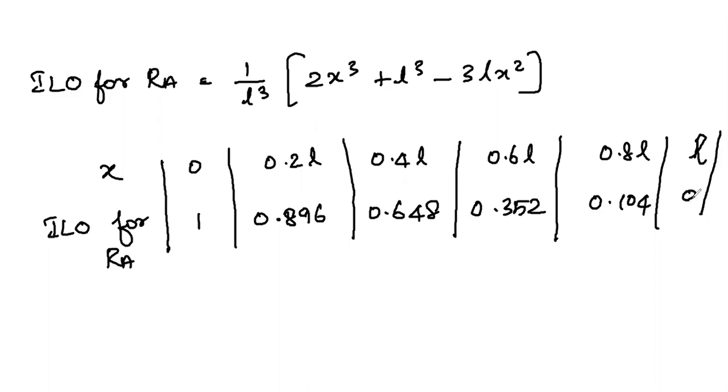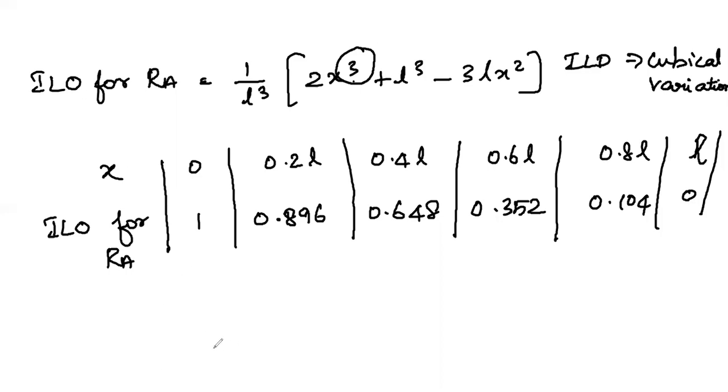Now I have successfully found the ordinates. Here you should note one more thing. The highest degree for this equation, that is the influence line ordinate equation, is the power of 3. From this, what we are concluding is, the influence line diagram variation will be cubical variation. It cannot be a linear variation.